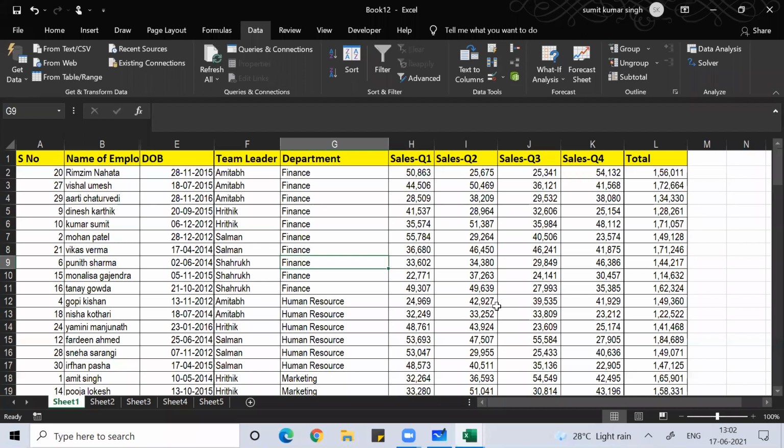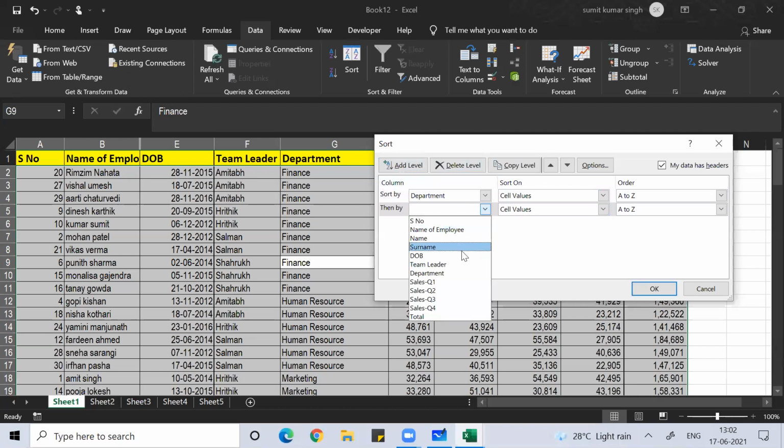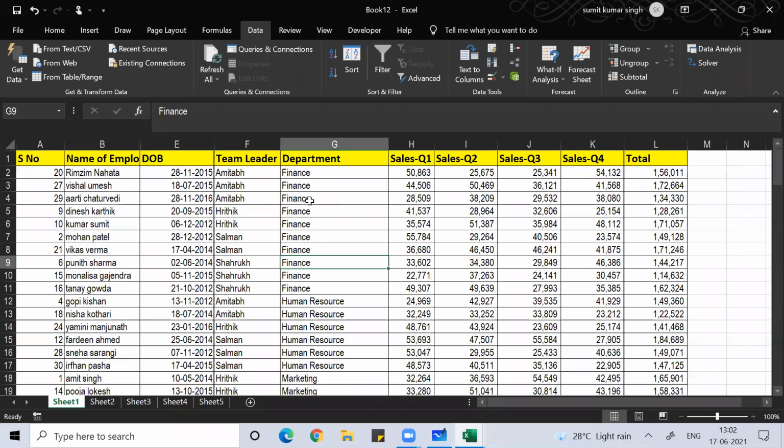For that, you do sorting. You sort department wise, then do Add Level, and then team leader wise. First you sort by department; within the department, now you are sorting team leader wise. I hope you understood this.